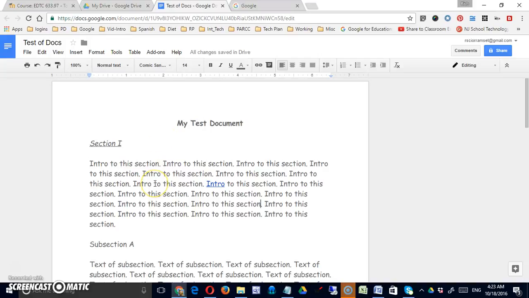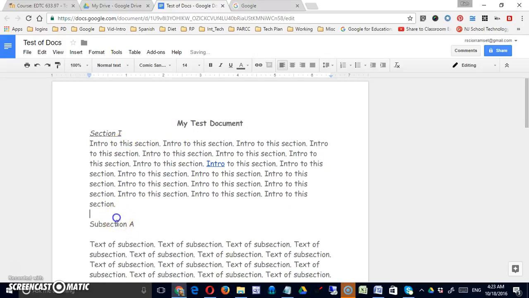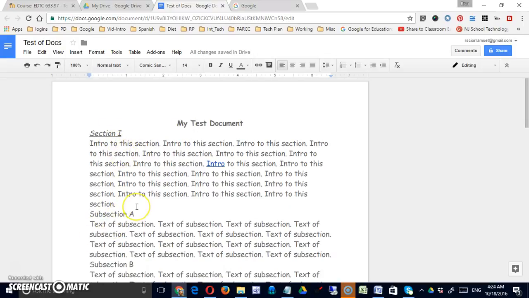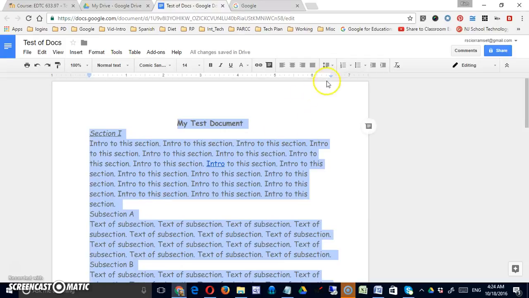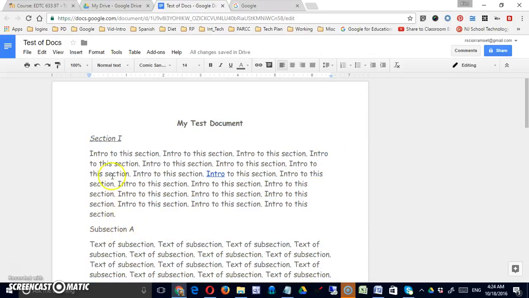I'd mentioned earlier that there was a better way to do the spacing on some of these things. Instead of, say, putting a blank line in there, let me take the blank lines out. So I've gone through the document and I've taken them all out top to bottom. An alternate way to add spacing, and I'm going to select all, is to come in and I can either add space before my paragraphs or after my paragraphs. So let me say after my paragraphs, and you can see that that created a nice space without that extra